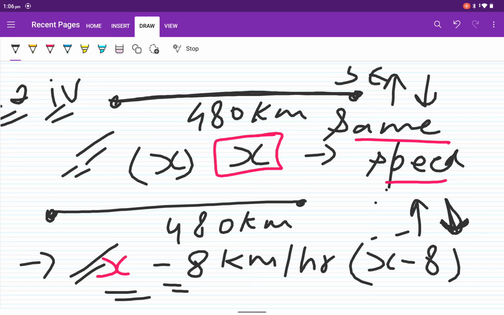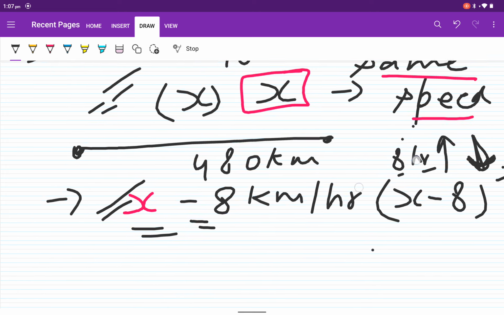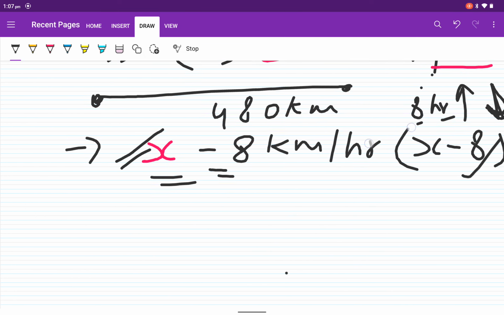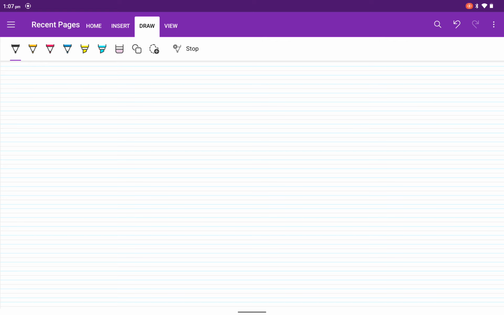This is your speed and it is a constant speed, so your time would be less here, but here it is traveling 3 more hours, so time would be 3, and the speed has been reduced by 8 km per hour. So what will be the time? Time will be more, time increases, and here time decreases because the speed is the same. So time would be less here and more here, right? I hope I made myself very clear, and I hope you understood this question very nicely. So let's start the question.